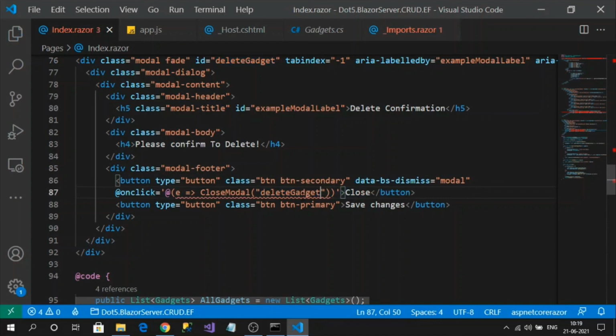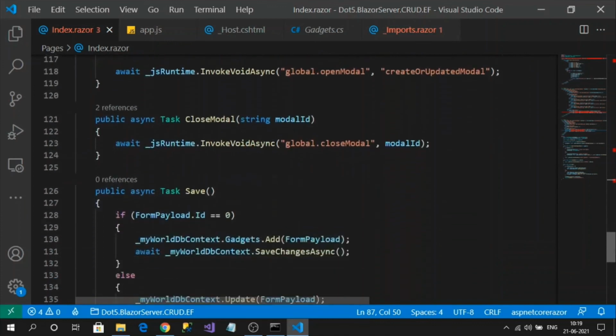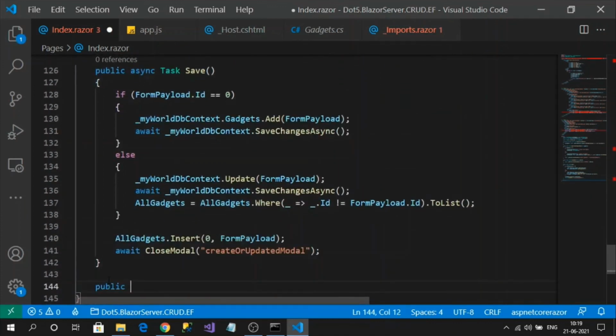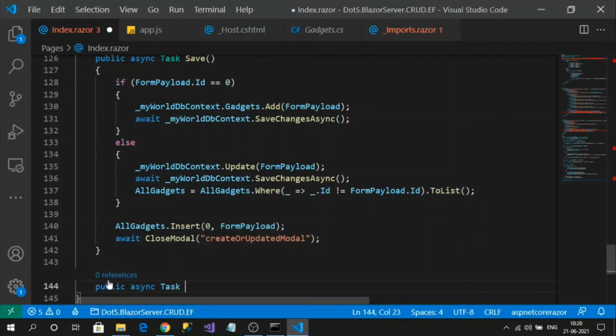So now the first thing is I want to write a method for opening the model pop-up for delete confirmation. So let's write a method like public task open delete confirmation model.